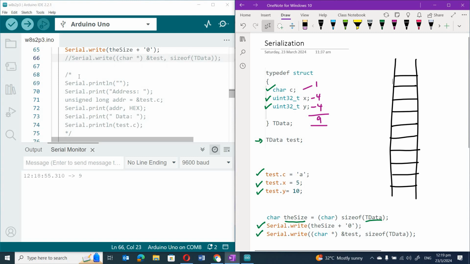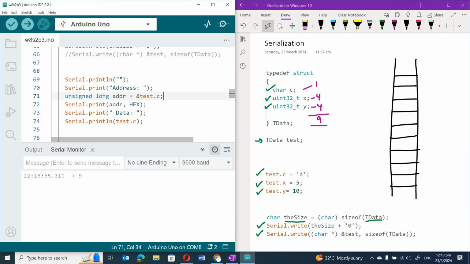Okay, so I'm going to first print out the address of the element c, because c is the first element in this structure, so that is basically the starting point of this entire structure of test within the memory space. I want to know where it's going to start. All right, so again,